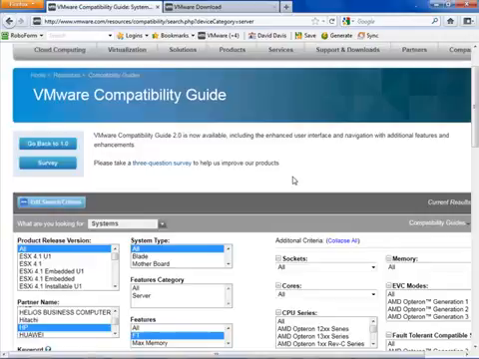So this VMware compatibility guide is an extremely powerful tool that you need to be using before you purchase physical server hardware to run ESXi on. Now if we go back to our slides,